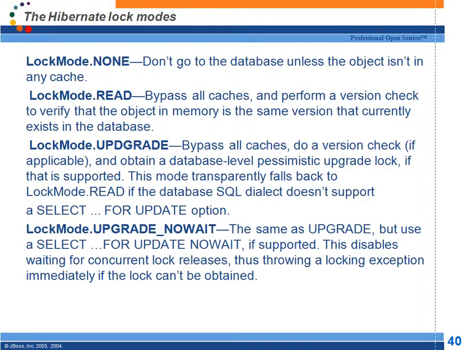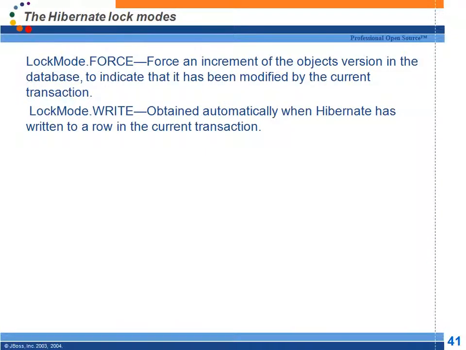upgrade means whenever I fire a select query, it will lock the row and then wait. See, I am saying session.get, means I am getting the data for upgrading. If I say LockMode.UPGRADE, it will take a lock just after firing a select query. Transaction is still going on. After firing select query, it will immediately get a lock. Right? But if I say LockMode.WRITE, what will happen? I fire a select query now. Right? It will not get a lock now when I fire select query.